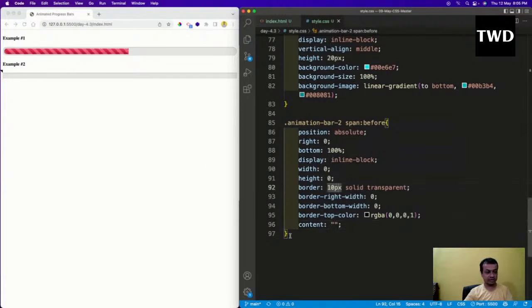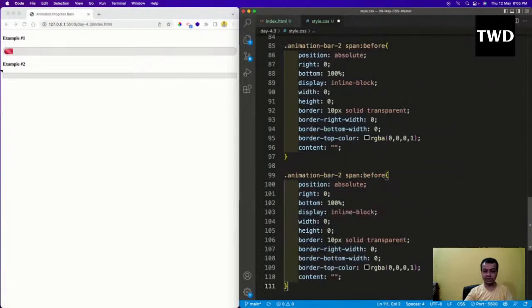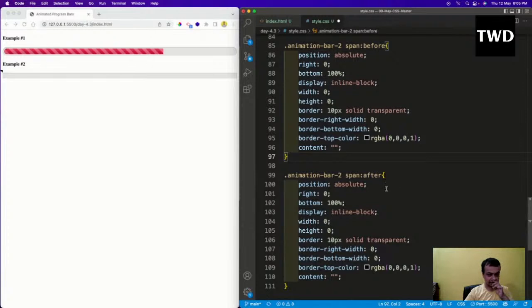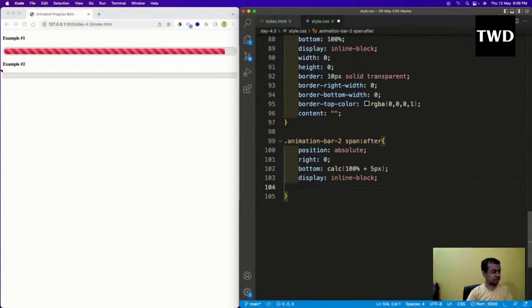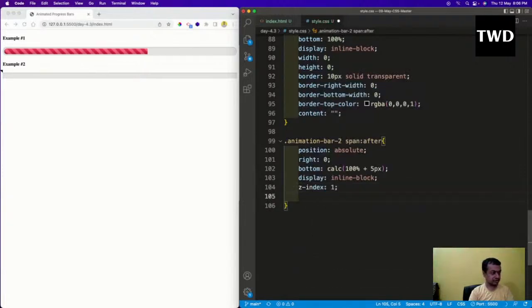Okay, so after this I'll have a span before and I'll have a span after also. Let me copy this, and I have a span after. Span after: position absolute, right 0 is okay. Then bottom is calc(100% + 5px). Display inline block, z-index is 1, and